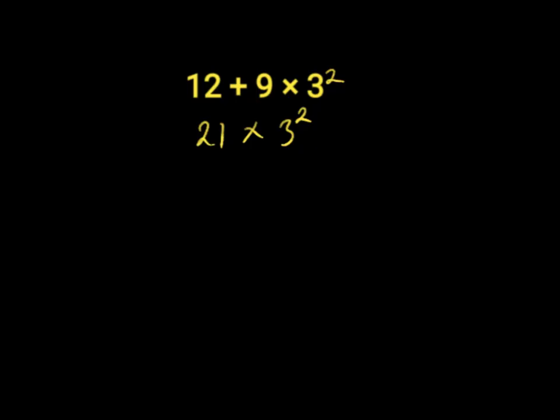3 to the power of 2 is 3 times 3. 3 times 3 will give us 9. Then we have 21 times 9. 21 times 9 will give us 189. 189 is the wrong answer to this question because we did not work with the order of operation, which is